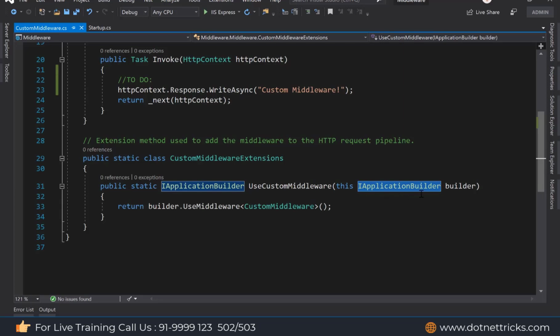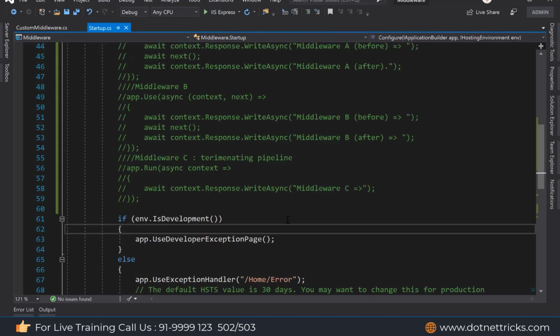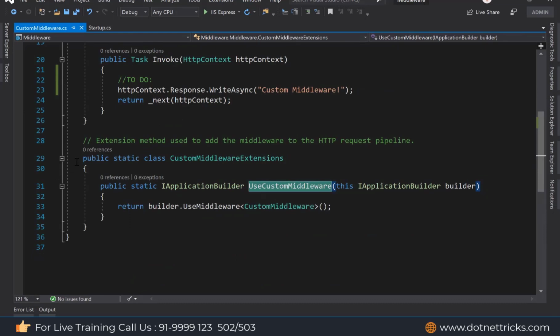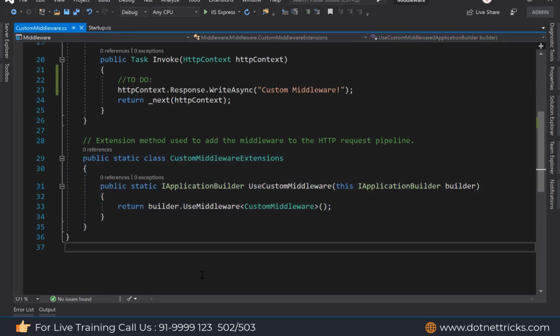So wherever you have the IApplicationBuilder instance, you can call this method. In the startup class we are using the IApplicationBuilder instance, which means using this instance I can call this method because it is an extension method. We use an extension method to extend the behavior of an existing class or interface without altering its structure.